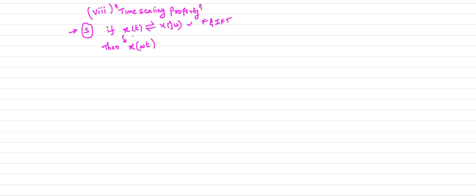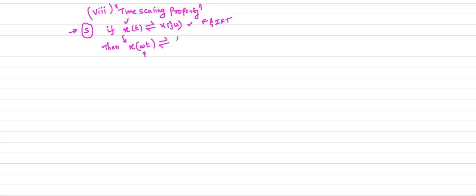So we are scaling your input signal x of at. Scaling is nothing but the compression or expansion of the signal in the time domain. I already told you, in the case of operations on signals, what the scaling operation is and how we perform it. Scaling results in the compression or expansion of your signal in the time domain. You just multiply your time by the factor a, which results in the time scaling operation.